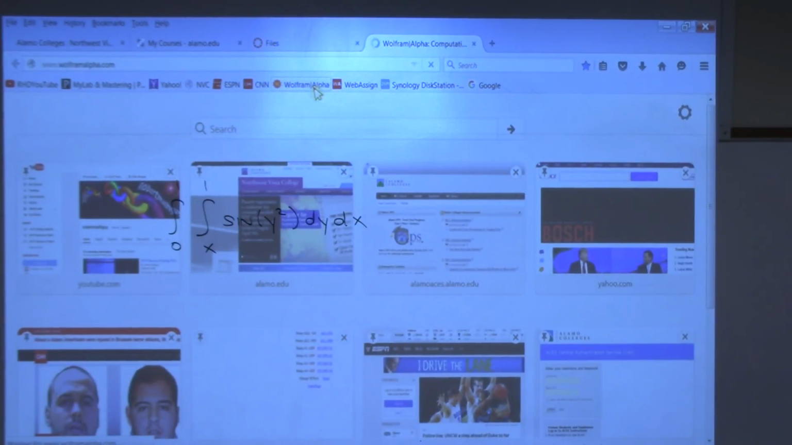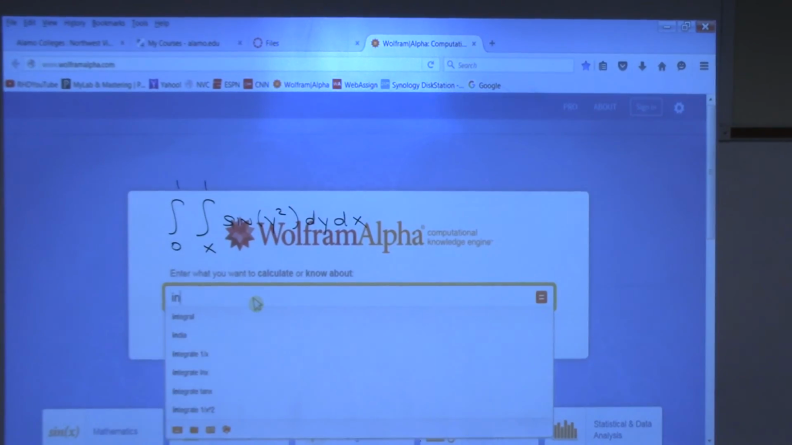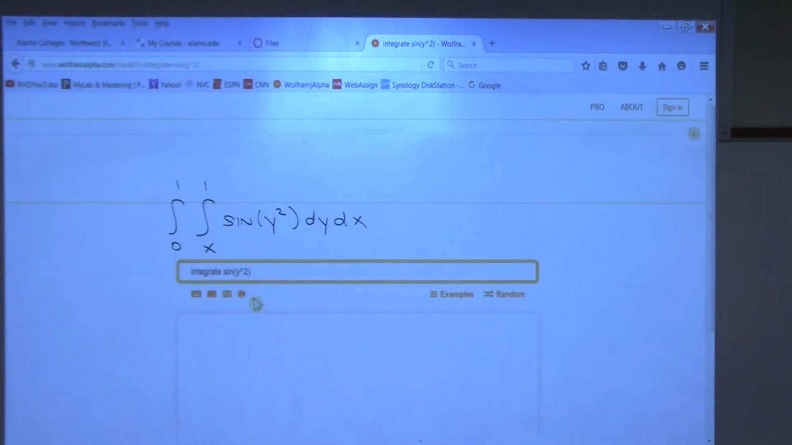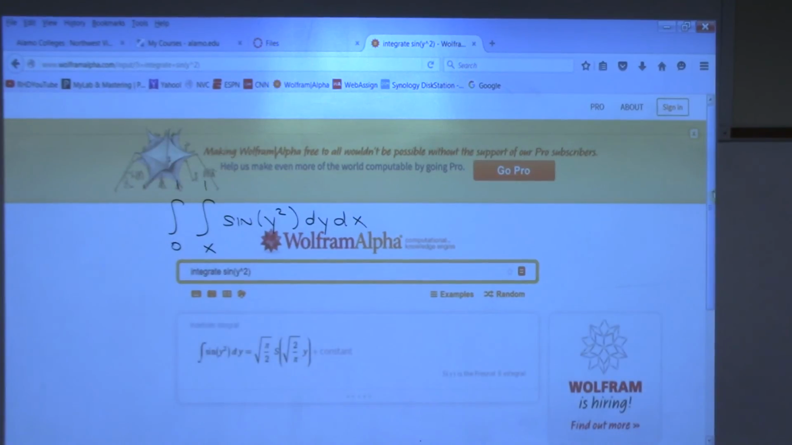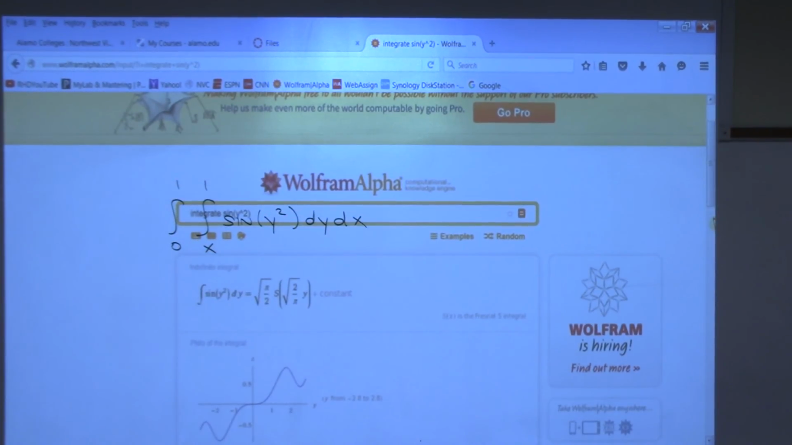So you go to Wolfram Alpha, and you type in integrate sine y squared. And it returns to you the square root of pi